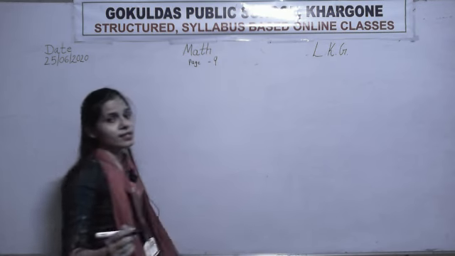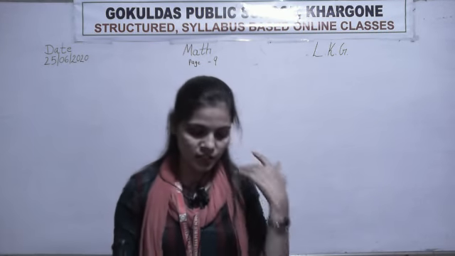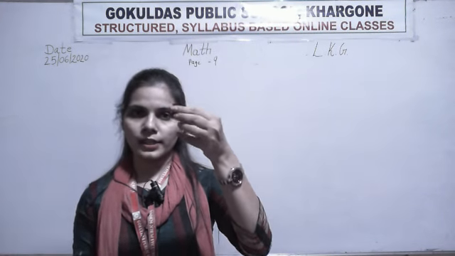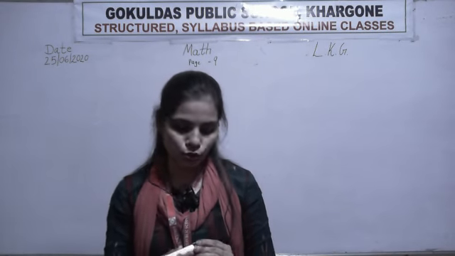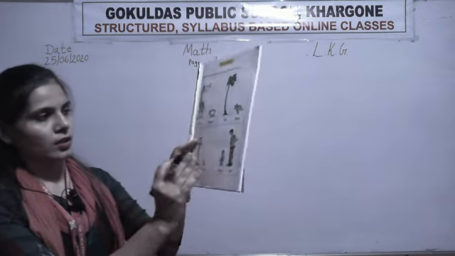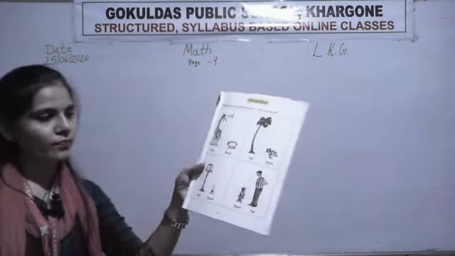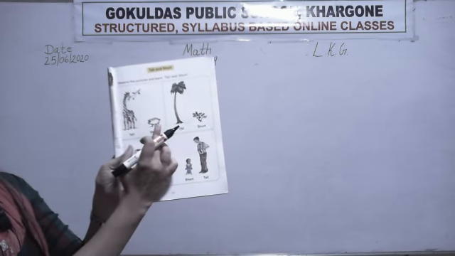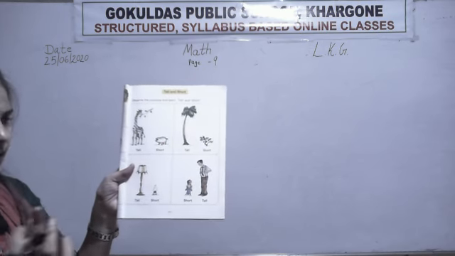Page number 9 is tall and short. In your previous lecture you learned which one is long and which one is short. Yes, the cap is short and the pen is long, long and short. So you know about which one is long and which one is short. Look at the notebook. Giraffe and pig. So is the giraffe tall or short? Tall. And the pig is short according to their height. Okay.